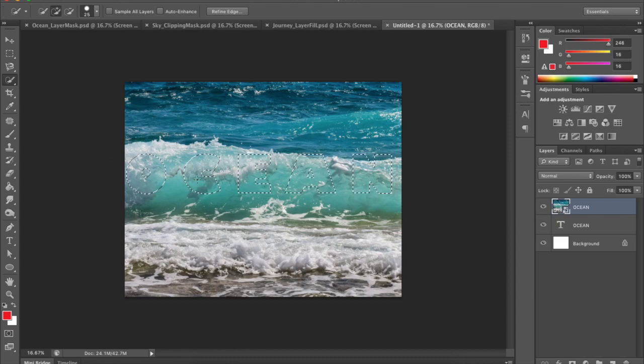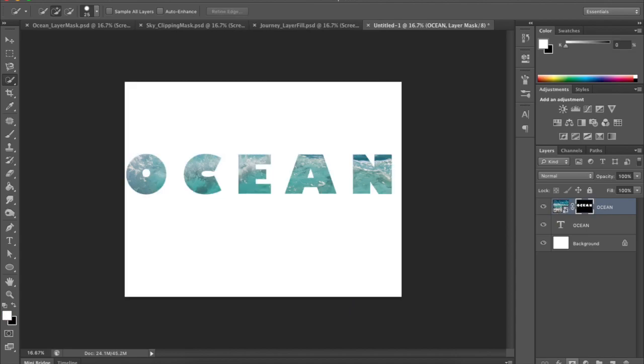Now the next thing that I can do is go ahead and hit my layer mask button right down here. It's below our layers panel. It's in the bottom of our layers panel. It's right here. And what I've done is I've put a mask over everything except for the white letters that were selected. Now the really cool thing about a mask is that I can continue to